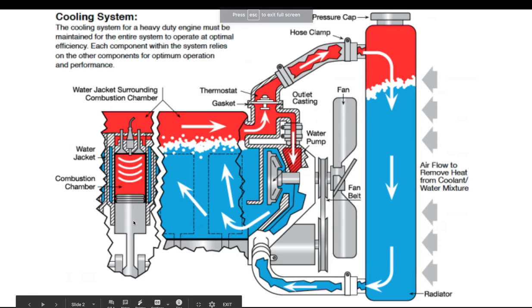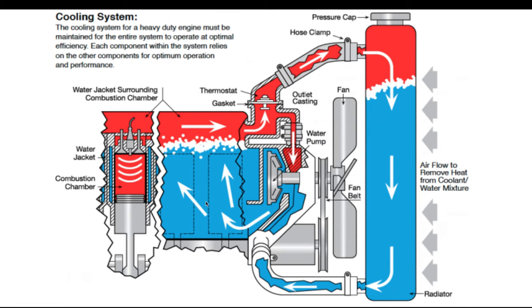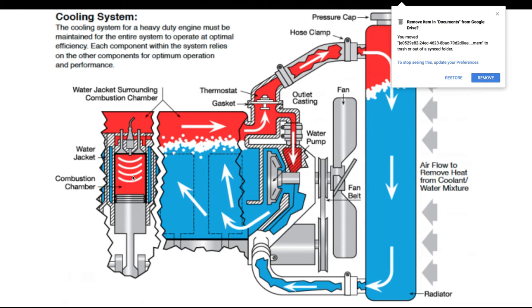A coolant system is part of an engine that keeps the engine from overheating. This is a really complicated diagram, but forget about all these little arrows and labels and the intricacies of it and just look at it big picture. Here we have the combustion chamber of the engine. This is what makes the engine go. Gases go in here, they explode, and the energy from that